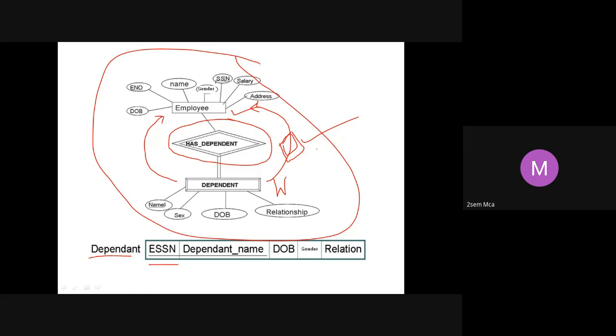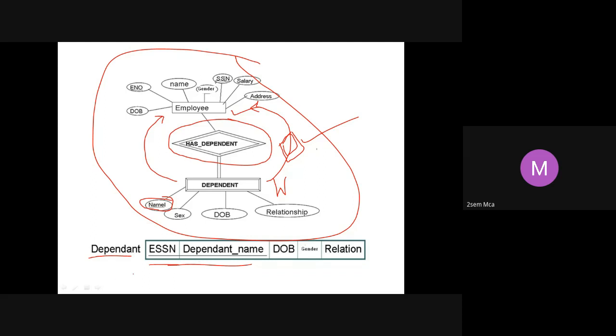That will come here along with one of the keys of your weak entity. Let us say I am taking name. So ESSN plus name together will form the primary key of the weak entity. Dependent name together with the ESSN will form the primary key of the dependent.